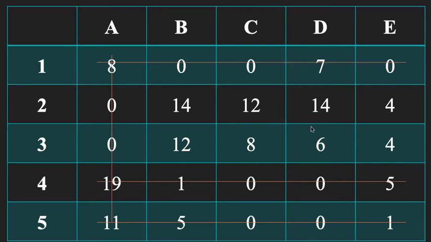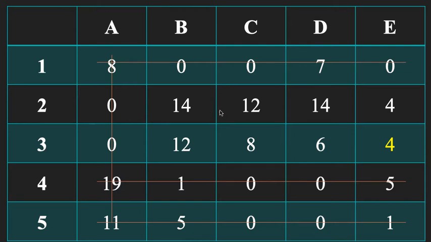So what we are going to do is find the lowest of the uncovered elements. The lowest of the uncovered elements here is 4. We are going to add this 4 wherever the lines are intersecting. That means here we are going to add, here we are going to add, and here we are going to add. These covered elements will remain the same.